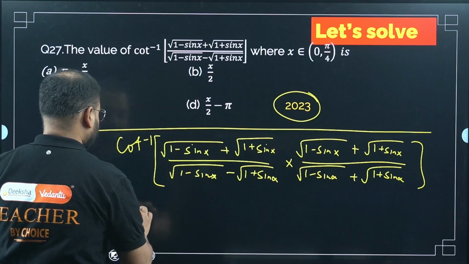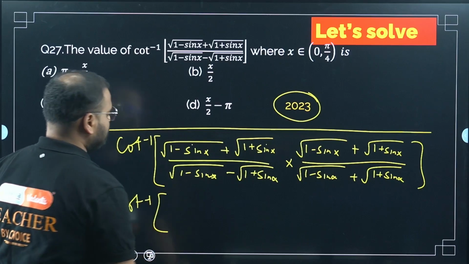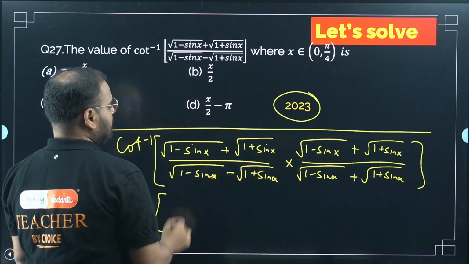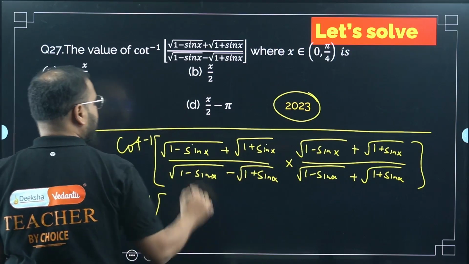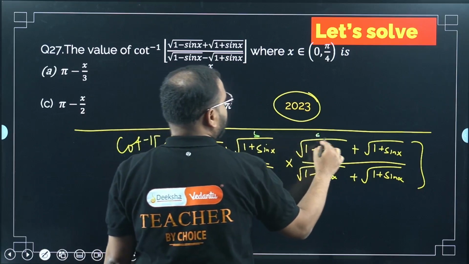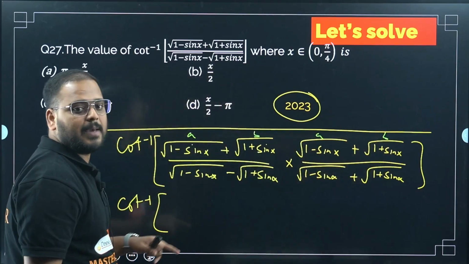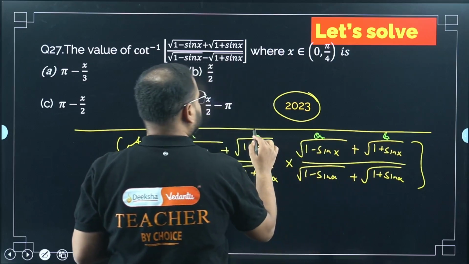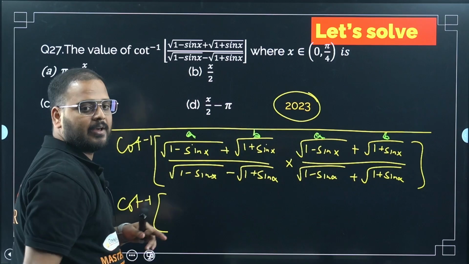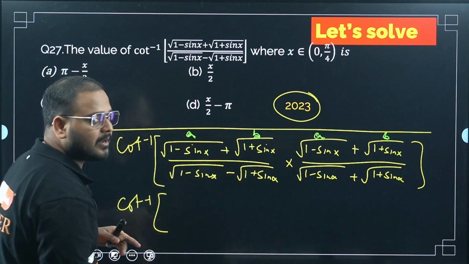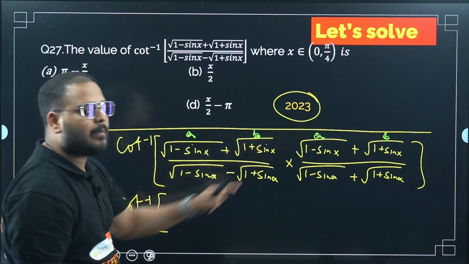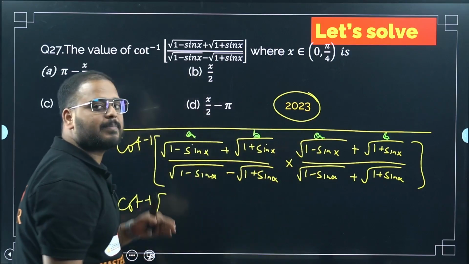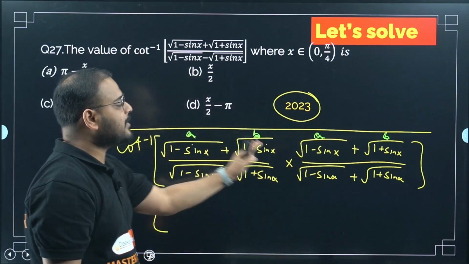What happens to this? Please check. A plus B, A plus B. So it is simply the square of this. This is my A, this is my B, this is my A, this is my B. So A plus B times A plus B will be A plus B the whole square. The numerator is A plus B the whole square, so I'll write it as A square plus B square plus 2AB.